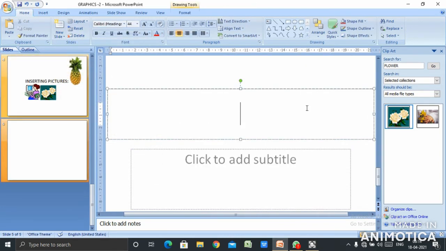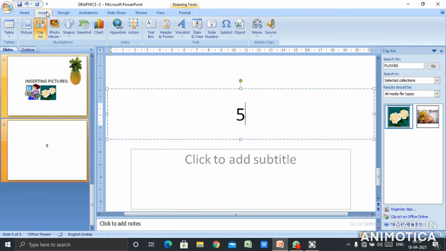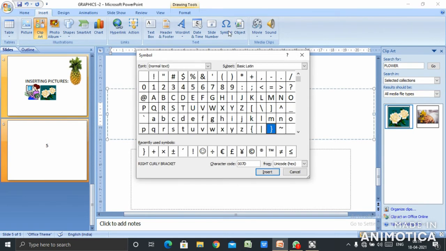Suppose here I am writing 5. Now I want to insert the symbol of multiplication. I will move to the insert tab. From the insert tab, in the text group, there is a symbol option. Now see here, the symbol of plus is given, and the symbol of multiplication is asterisk.